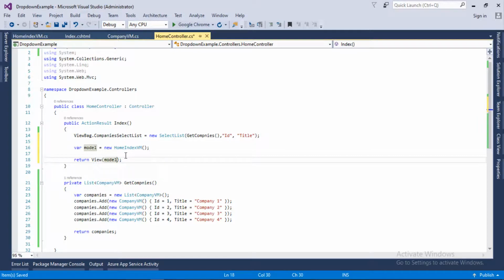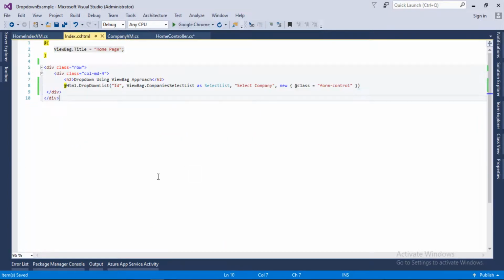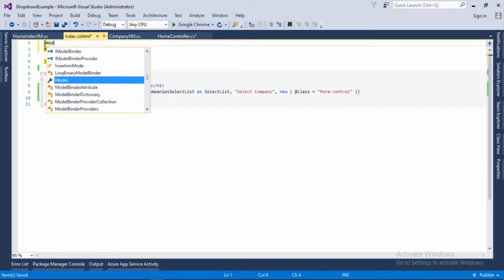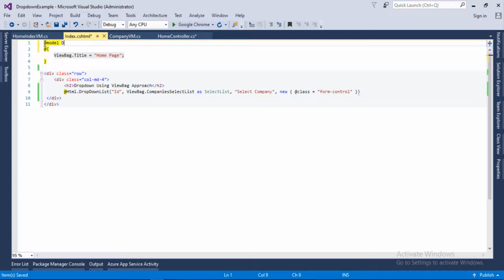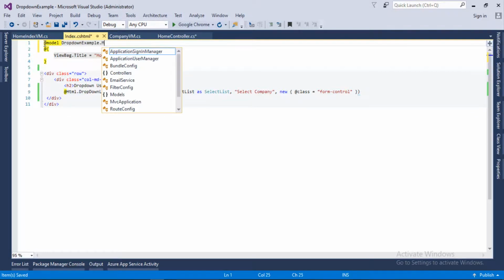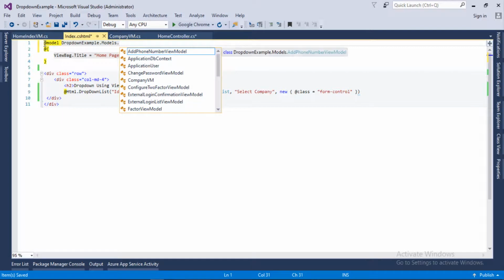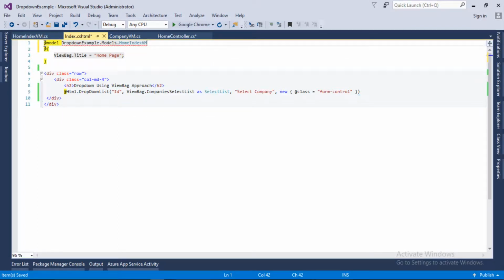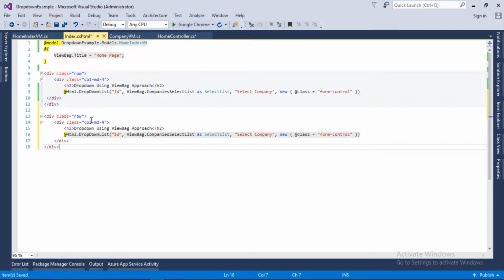And now we will go back to the index view, and here in the index view we need to receive the model. So our model will exist in Models.HomeIndexVM, and now we need to render the drop down. So I will copy this piece of code and paste it here, and we will change it to the model approach.